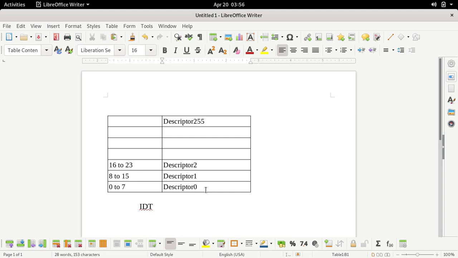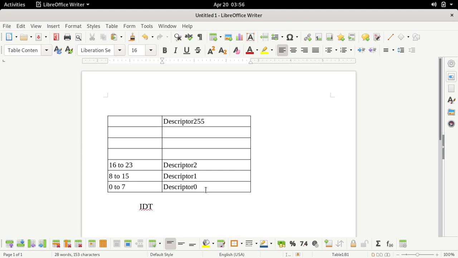Now, may you place more than 256 descriptors in the IDT? Yes, it is possible. You can create more than 256 descriptors and copy them into IDT. But there is no point in keeping more than 256 descriptors, because 80386 is not going to select those descriptors which are stored after descriptor 255 in IDT, because the maximum vector number that can be generated in 80386 is only 255.